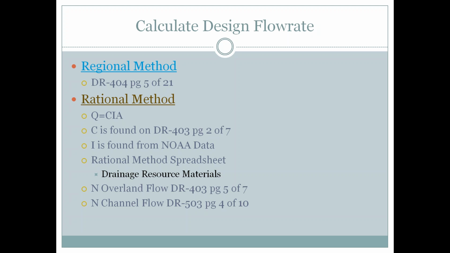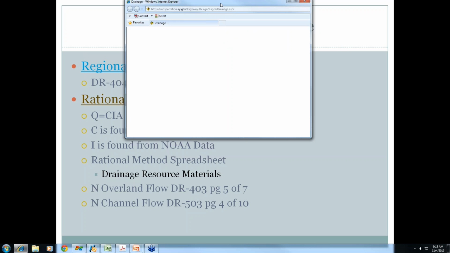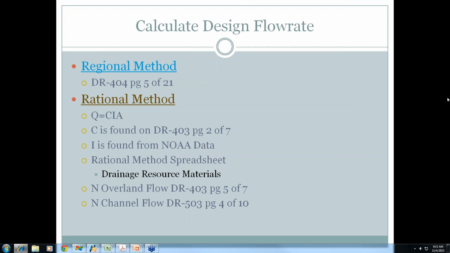So now we have to get our design flow rate. There's two methods. There's the regional method and the rational method. The regional method is for larger watersheds. So the low end cutoff for some of the regions is going to be around 1/10 of a square mile. And there's a link to the drainage section here. So most of